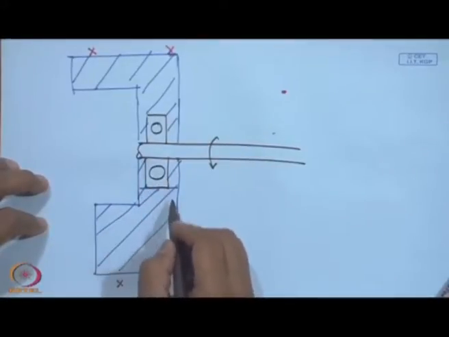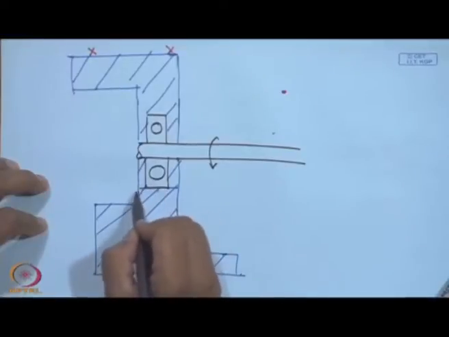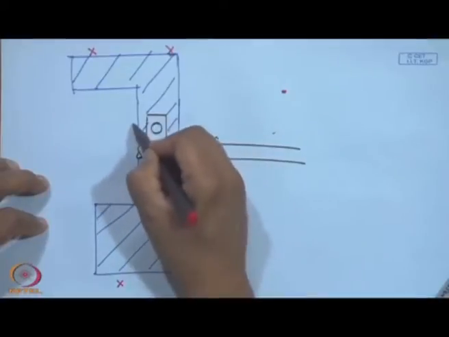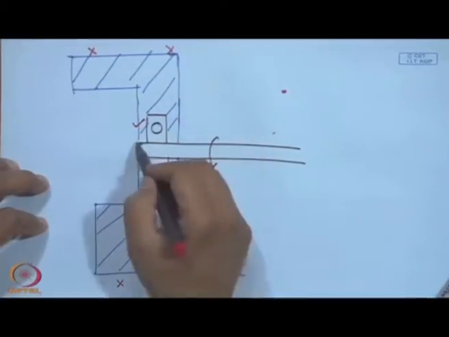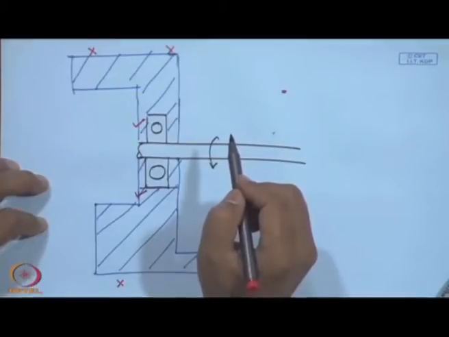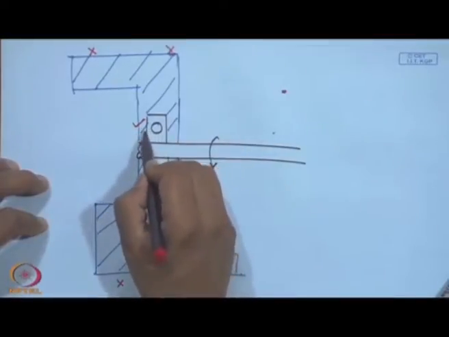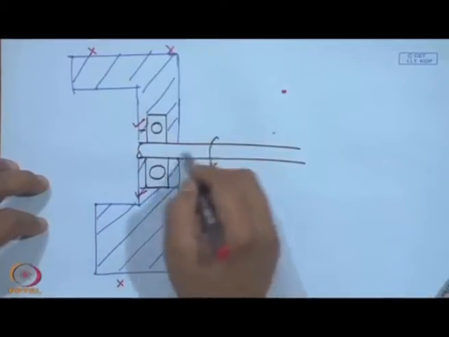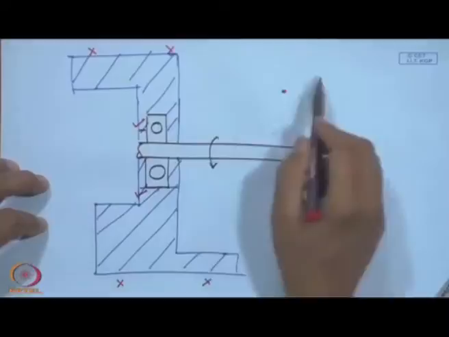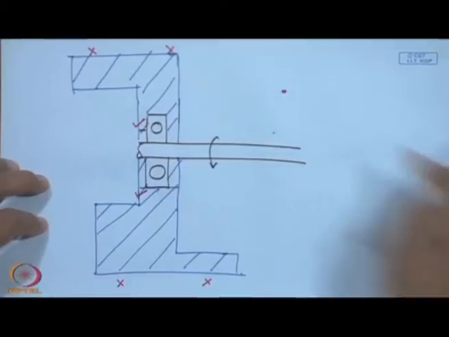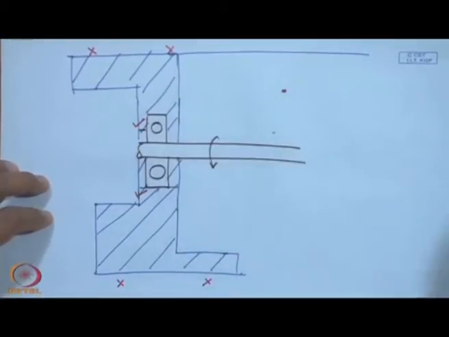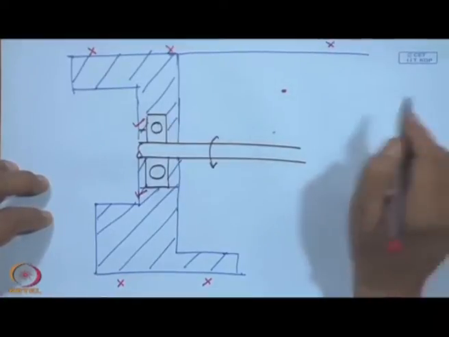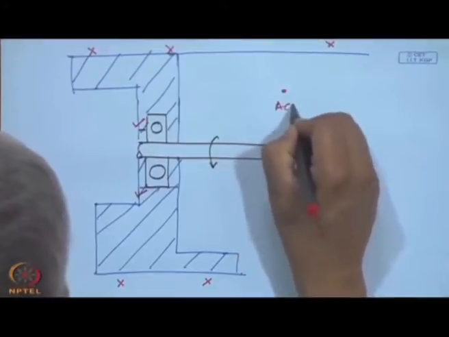The best location would be, maybe this is a good location, this is another good location. Okay. We are as close to the bearing as possible. Okay. Sometimes this may be too thin, so we should try to go for a thicker section wherein the dynamics is captured. Okay. If it is extended like this, no, these are not good locations to put accelerometers.